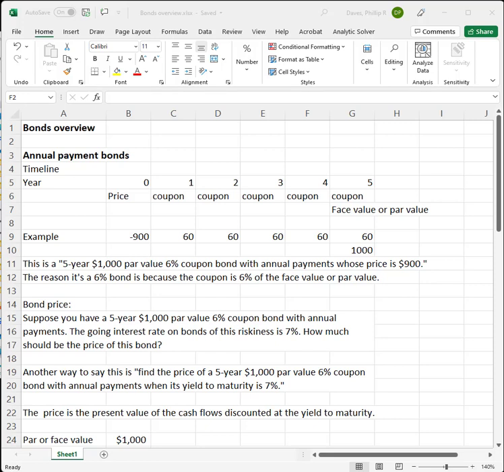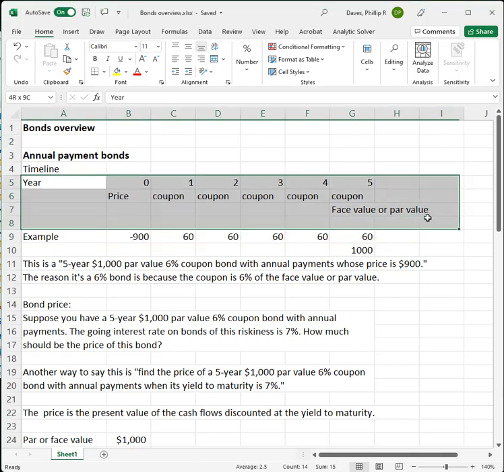In this video, I'm going to provide an overview of bonds and how you can use Excel to perform bond calculations. So bonds, corporate bonds, U.S. Treasury bonds, things like that, have specific terminology, and let's look at a timeline for an example of what a bond might look like. The terminology and the way a bond works is that the bond pays what's called coupons,